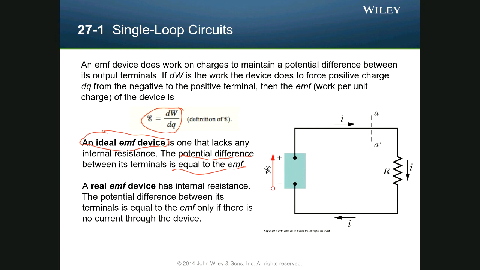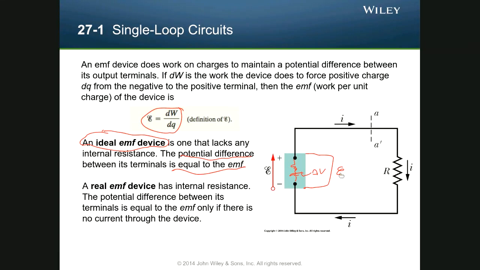And in a real EMF, there's internal resistance. What that means is that in this battery, there's a small resistance, and the ideal battery would be given here. That would be your delta V. And then here between the two terminals and the resistance, that's your EMF. Okay? And so if there's no current going through the device, then you can say that delta V is equal to,